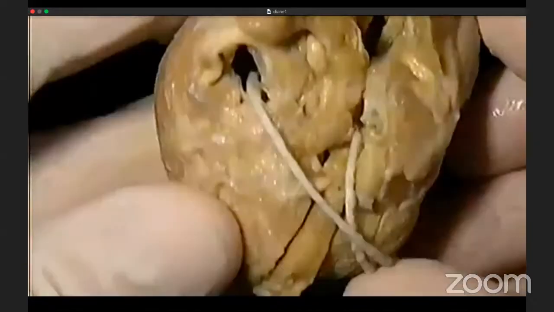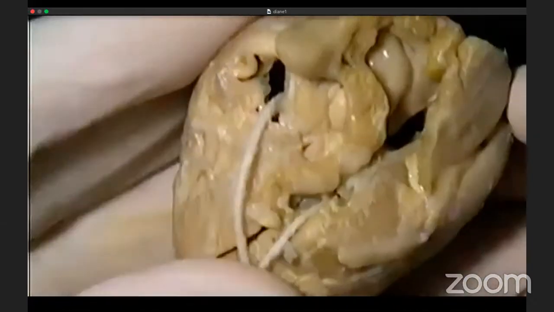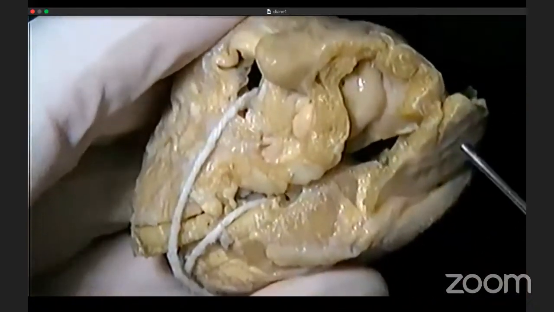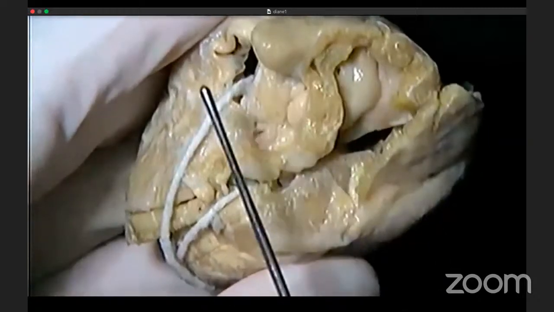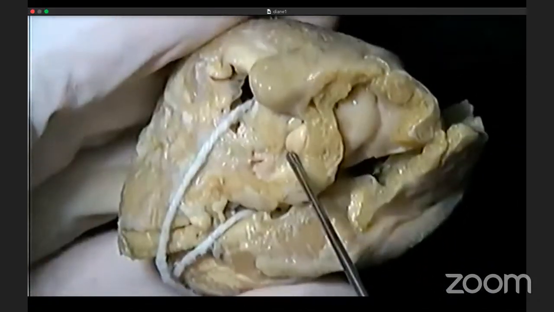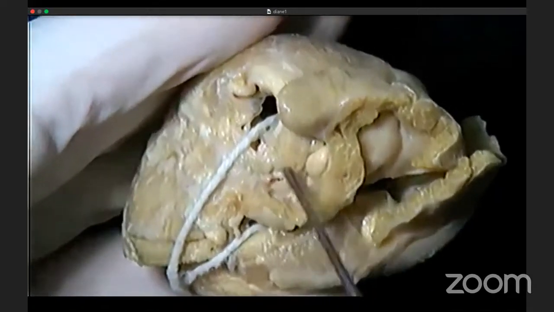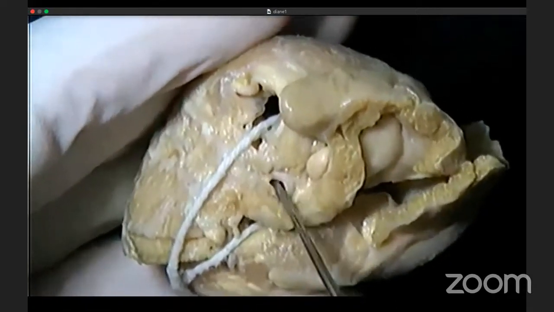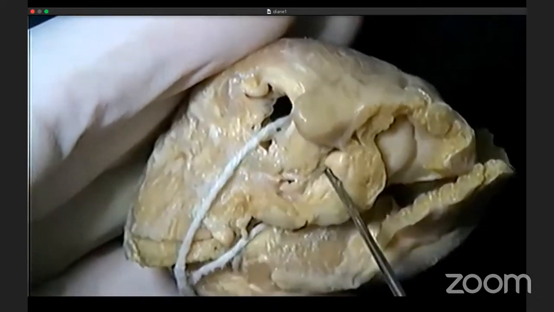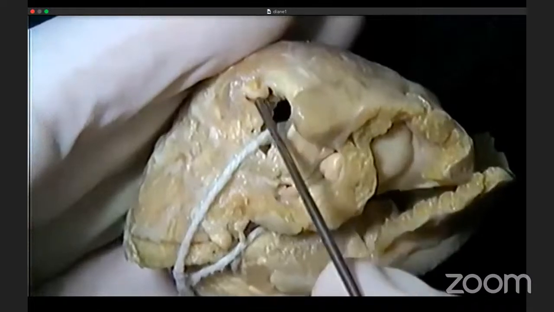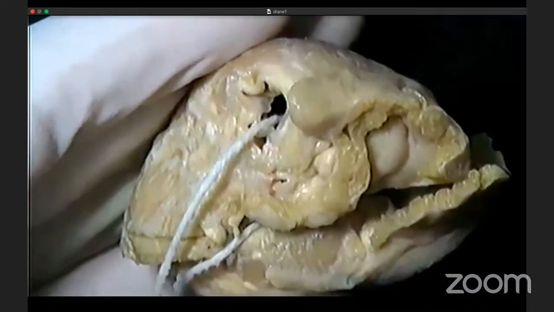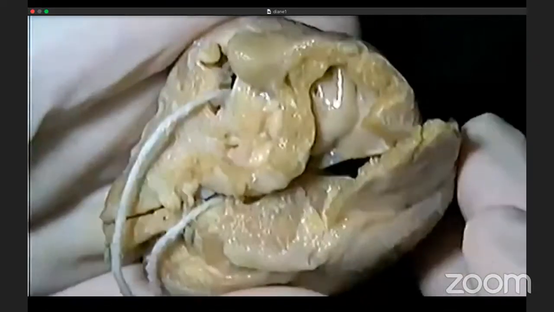The next specimen was an explant, and by that I mean this patient has a new heart. This heart was transplanted, so we don't get much of the atrial and arterial trunk component. But here you can see the tiny aortic root with the coronaries coming from that aortic root, and this string is in the pulmonary valve. You can appreciate how much larger that is.